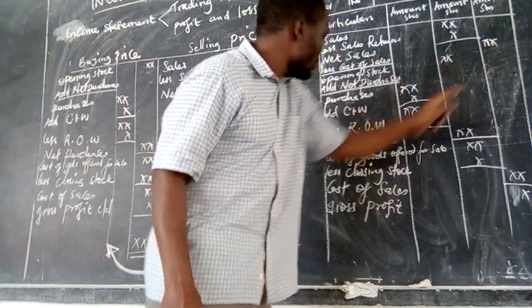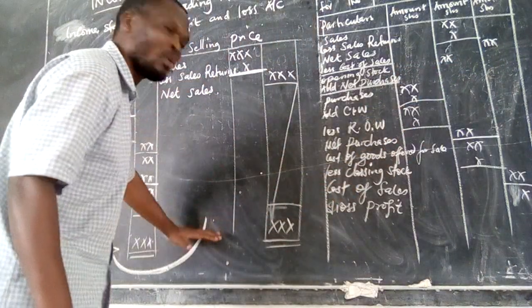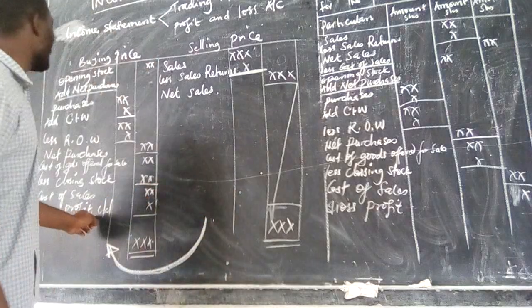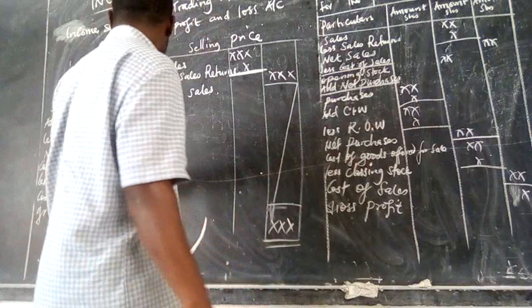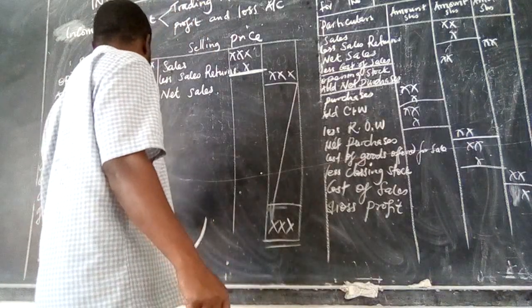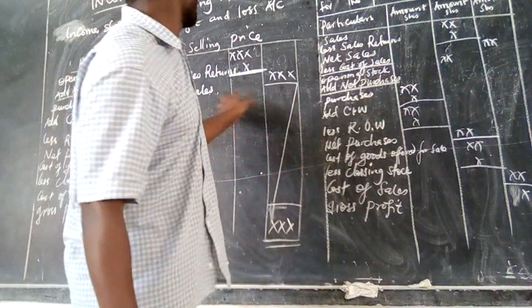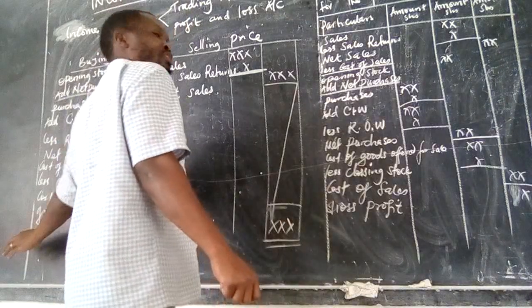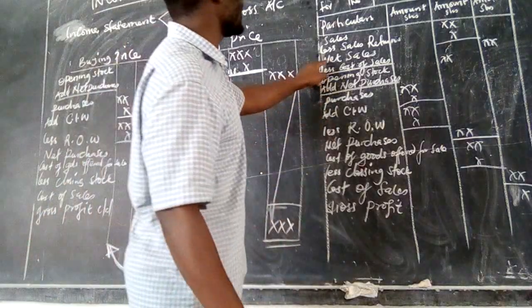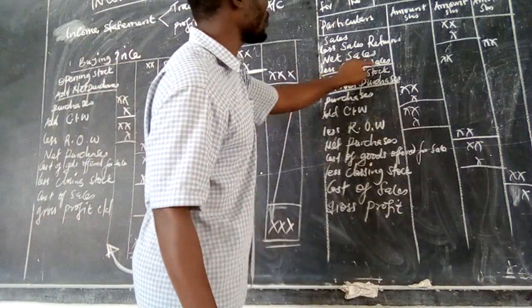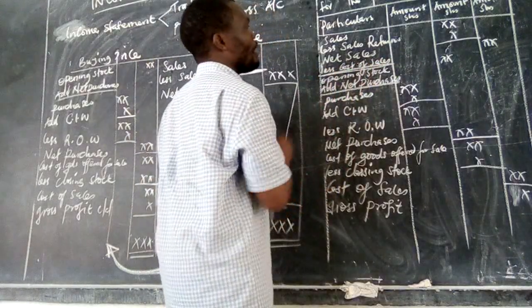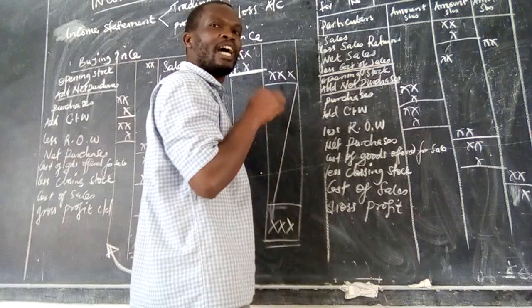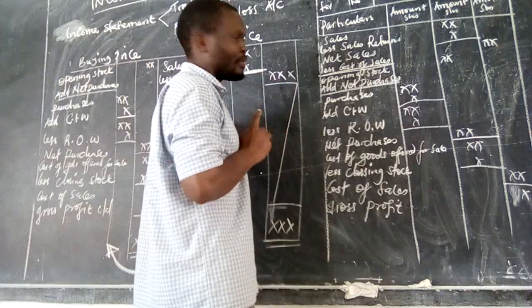This net sales, remember, now this information is complete, so we go back to this side where we started the opening stock. But what is the first word there? It is the cost of sales. Net sales, less cost of sales. So I'll say net sales, less cost of sales. Now you do not have cost of sales. But you need to ask yourself, how do you get cost of sales?